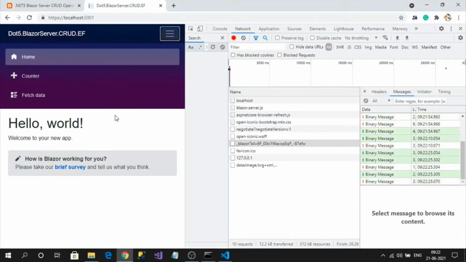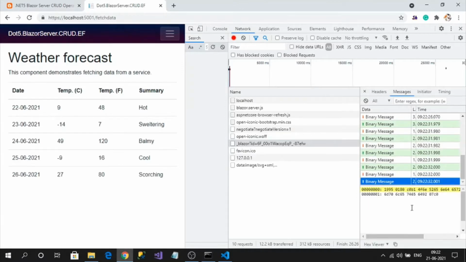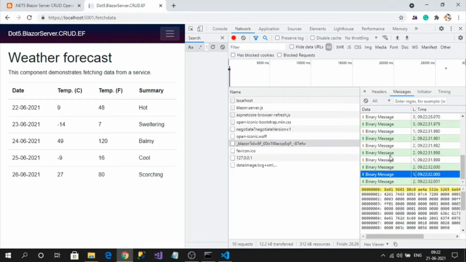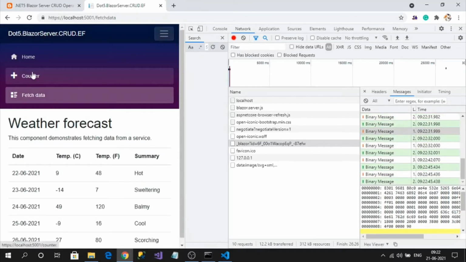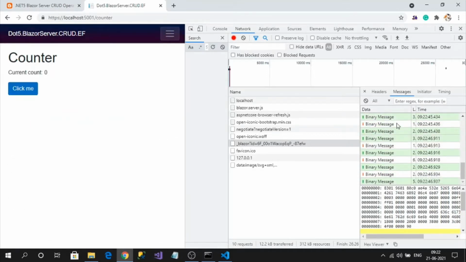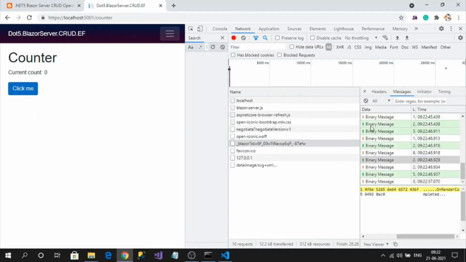So see, on every event there is communication going to the server, and it fetches the data. See, some event has been raised, and some data is coming back. Everything you can check here. Everything will be taken care of by the CLR communication. This is encrypted, so we cannot observe the messages that clearly. So everything will be taken care of by this SignalR only.